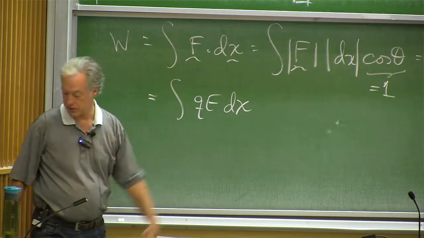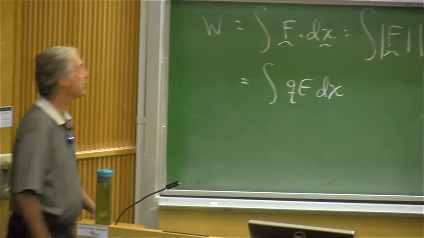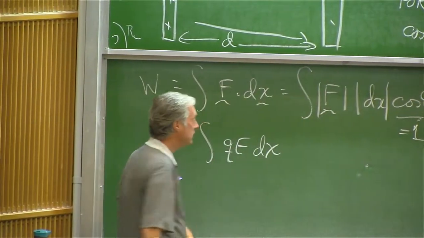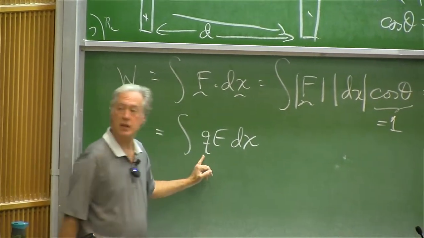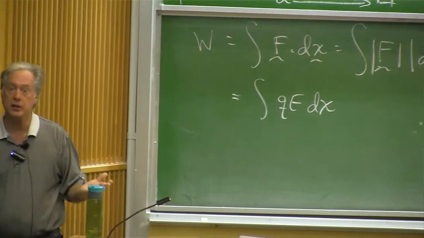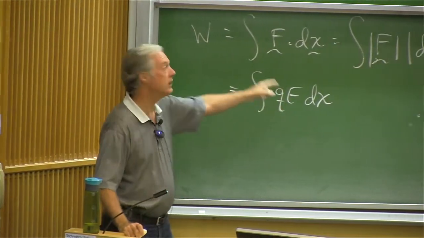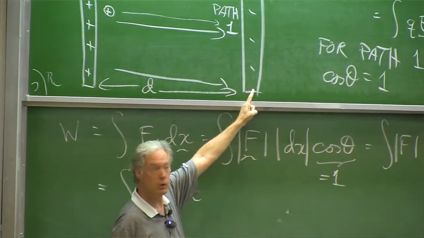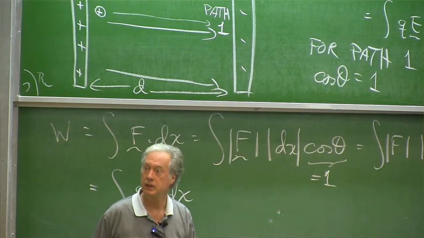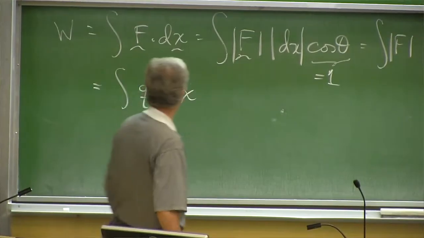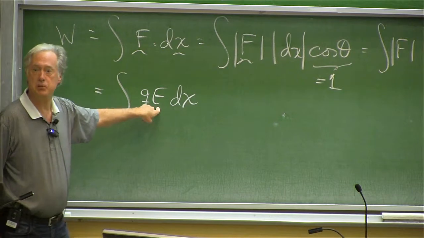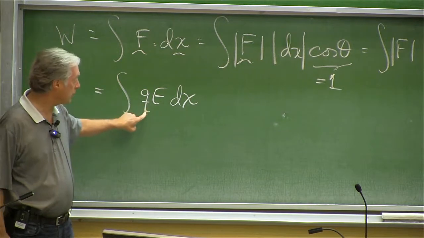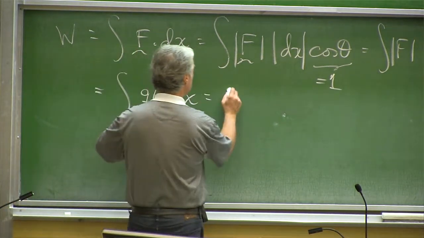And what shall we call the separation between these two plates then? Should we call that distance d? For the separation? Okay, is Q a constant? Yes, it is. And which Q are we talking about? Is it this Q? No. Is it this Q? No. Is it that Q? Yes. It's the charge that's getting the acceleration we're talking about. The electric field, is this a constant between these sheets? Yes, it is. So both of these come out of the integral